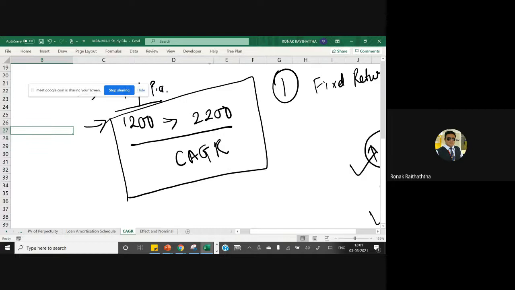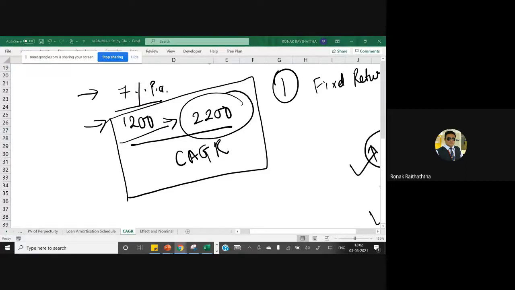Say there is a share called Reliance. Five years ago, when we had invested, the value was 1,200. Now the value is 2,200. And there was a fixed return on the fixed deposit of 7%. If I am supposed to comment on which investment has performed better, how can I do it? Either I will have to convert it: if I had invested 1 lakh rupees in a fixed deposit and 1 lakh in, say, Reliance, then what would the value be right now? That would be one way.